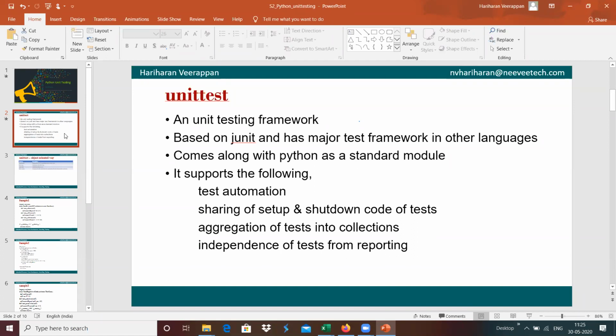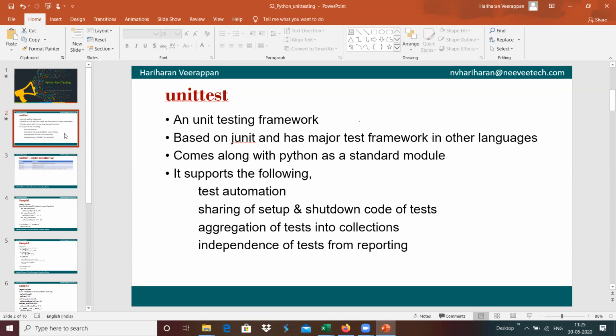Basically, it supports different things like test automation, sharing of setup and shutdown code, and aggregation or collection of tests, such as creating different test suites. All those things we are able to do with unittest.